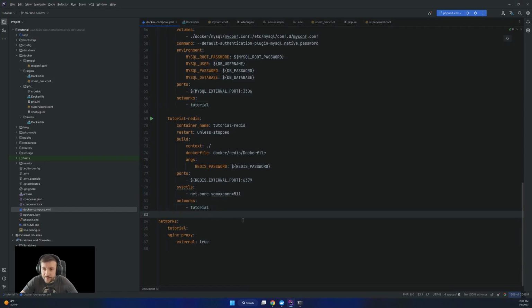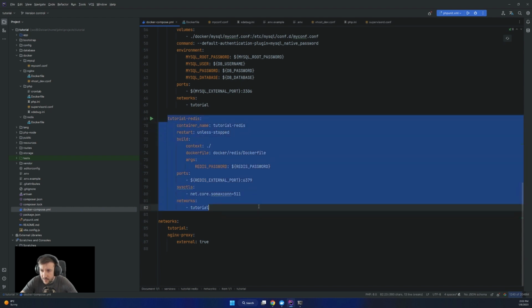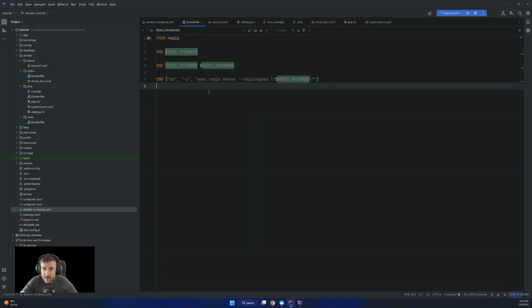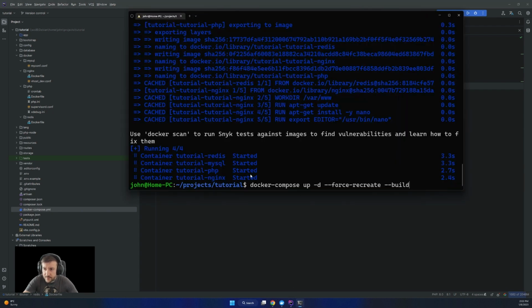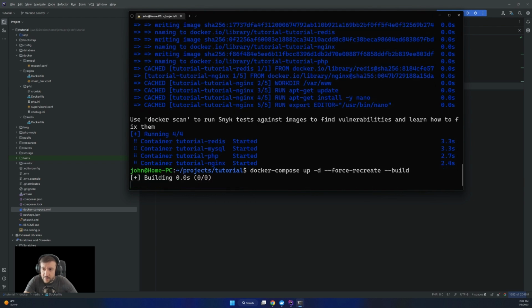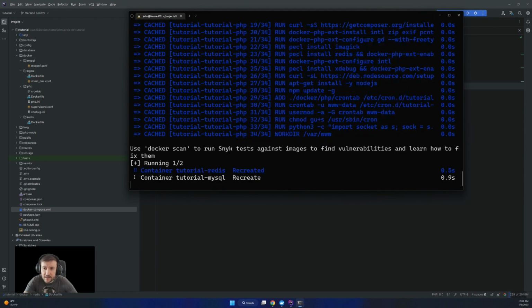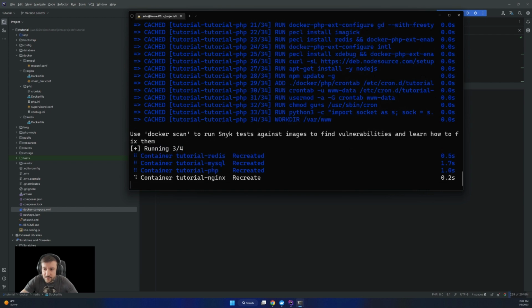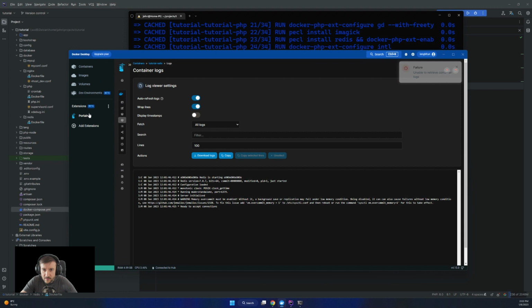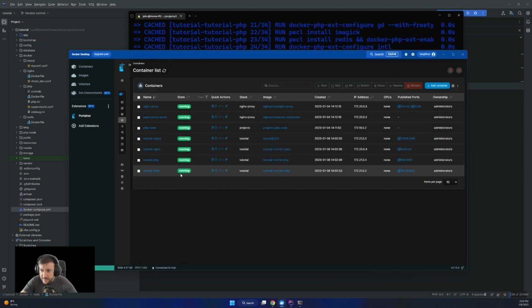Okay, so I'm back. I'm not really sure what happened. I re-put the Dockerfile and then rebuilt the containers using this command, docker compose up --force-recreate --build. This will rebuild all the containers. And after doing this, it seems like everything already started. I have the port assigned, so we have all of them up and running.